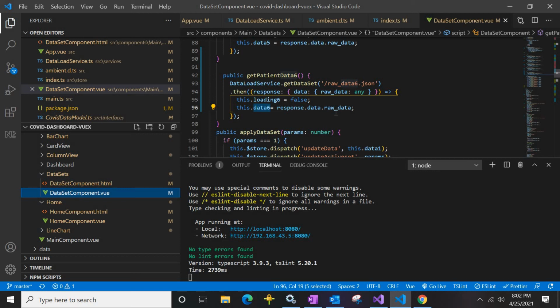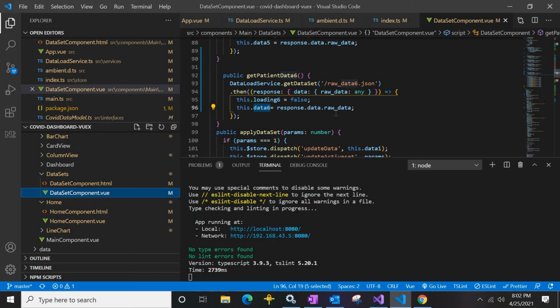When we have 1 or 2 components, it's easy to transfer the data. You can use props and events to communicate between parent and child components. But when you have more components, it's not that easy to maintain all the data, and you can't pass it up and down in that way. So you need to have a store mechanism. Vuex provides that state mechanism.